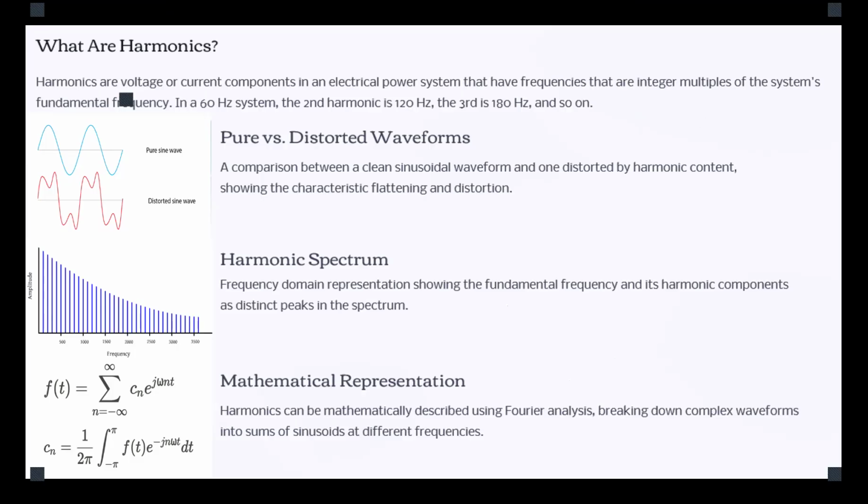For example, when we talk about the 60 hertz power system, the fundamental frequency is 60 hertz. Now, all the multiples of that frequency, like the second harmonic, means 2 multiplied by 60, which is 120 hertz. The third harmonic is 180 hertz, and so on. So you can consider these like echoes of that fundamental frequency. These are considered